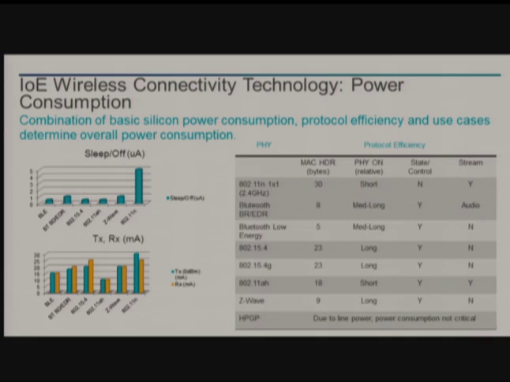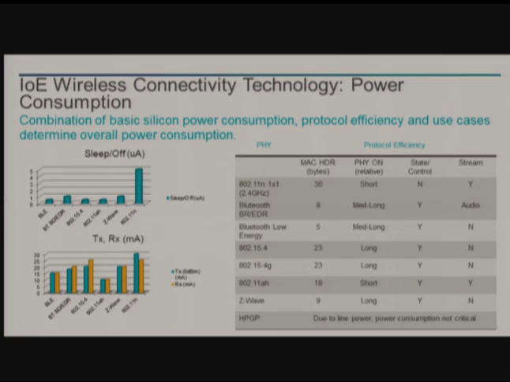And then on power consumption, basically sleep currents are all around the 1 microamp range. I mean, this was just some typical examples. You can actually get this down in that same range as well. And they all have similar transmit-receive powers. So where you get the power consumption benefit and differences is really in the other aspects of the protocol, which is the